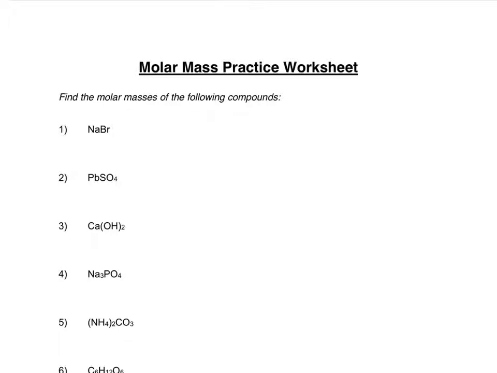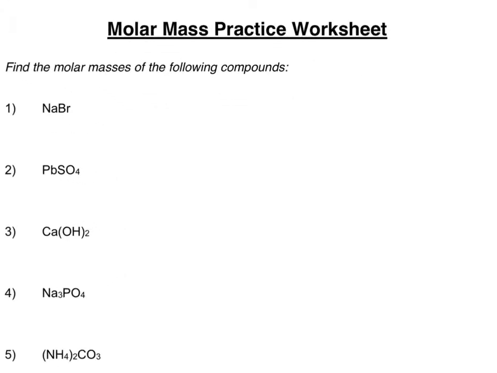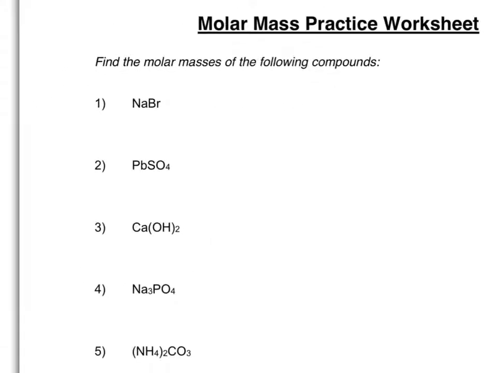So here we go with the worksheet that you'll be doing, and I'm going to solve them through for you. The question asks, find the molar masses of the following compounds. Here we have NaBr, or sodium bromide. If you look at the periodic table, the elements are Na, sodium, and Br, bromine. So what we have is 1 sodium atom,